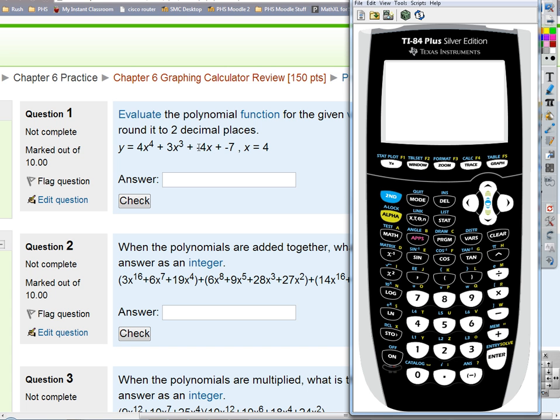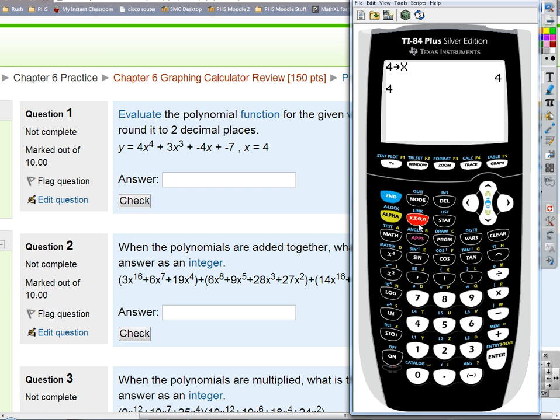I could just put the x in parentheses if I want to. I could just put a 4 in parentheses in there for each x, and that'd be fine too. I could even graph the thing and hit second calc value, but that seems like a lot of work, right? It's easier just to go 4 store x, so it's in there, and then just enter this expression,